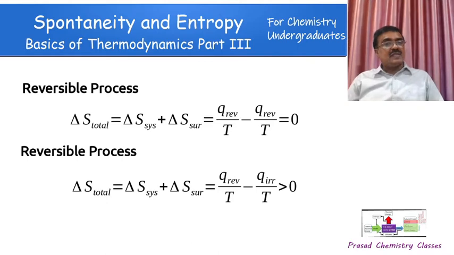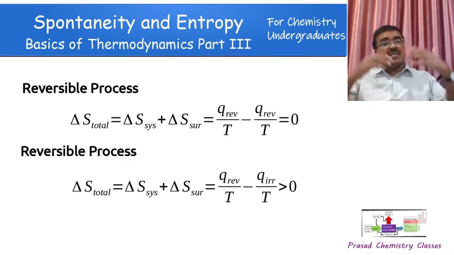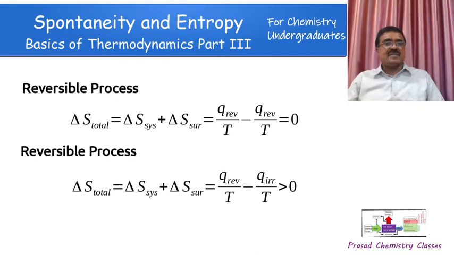Now, what about the surroundings? You consider the vast surroundings outside, the rest of the universe, taken as the surroundings. When we take the rest of the universe as the surroundings, the change happening can be considered as an infinitesimally small change. If it is an infinitesimally small change, the process can be considered reversible with respect to the surroundings. That is the type of argument put forward for this entropy law, the second law of thermodynamics.